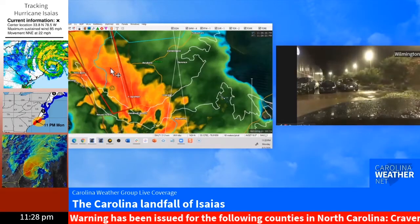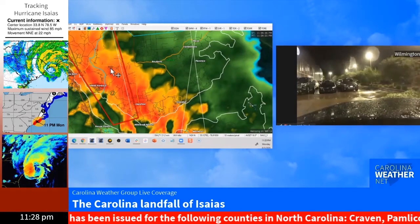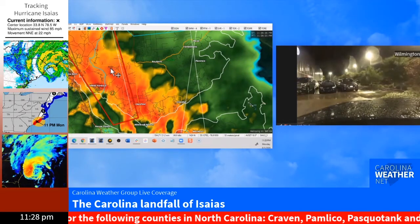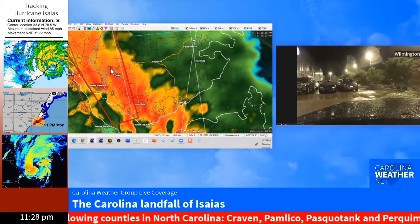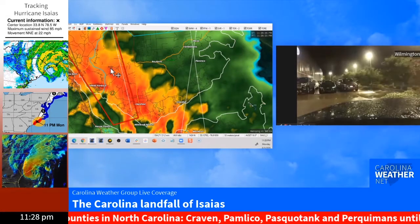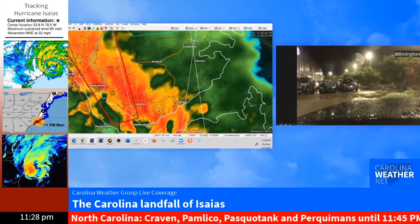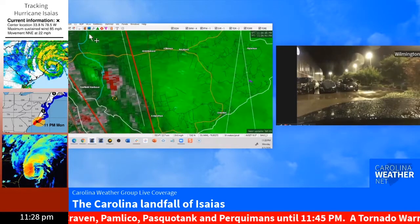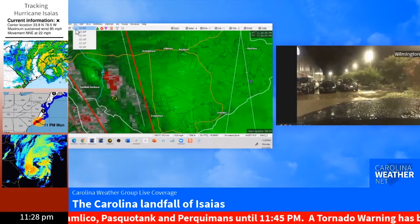Tropical tornadoes. Here's the reflectivity, Jared. What you're saying about tropical tornadoes is that it doesn't have that characteristic look that we would see in a normal tornado warning cell. No, not at all. That's the other part that we've got to be very careful of. Also keep in mind that we have this tornado warning, but we also have another tornado warning